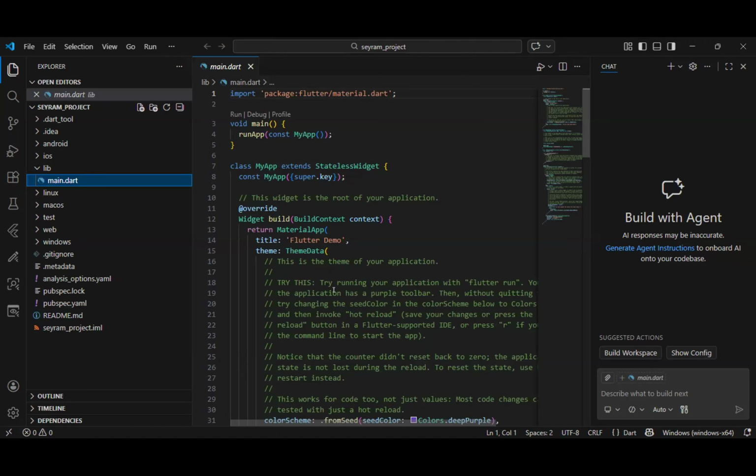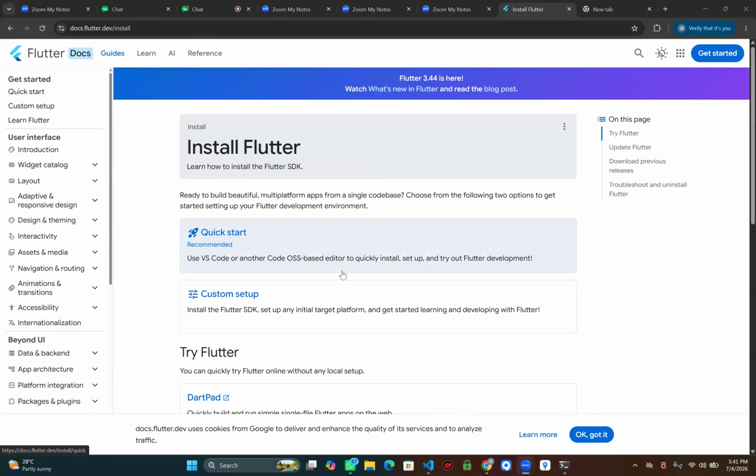Are you on the internet? Then check your internet too. Sir, please, can I share my screen so that you see? Okay, share it and let me see. Let me stop my share and share yours. Sir, please, can you see? Yeah, so Flutter. Okay, which one are you downloading?